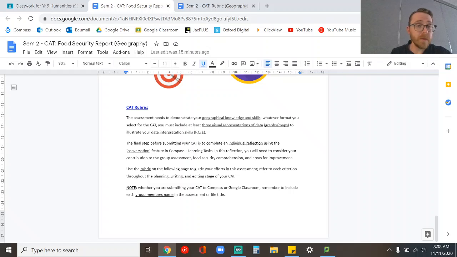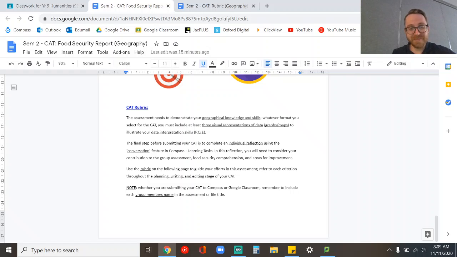So using that PQE template that we've explored towards the end of this template, you need to prove that, 1, I can find and use information, this visual representation of data, geographical information relating to food security in my CAT. And 2, I can interpret it. I can analyze information coming at me. I don't need to just read what Mrs. Hadley's written on the side or in the textbook. If you give me the information, I can find the answer myself. So you need 3 visuals, 3 graphs or maps related to food security.